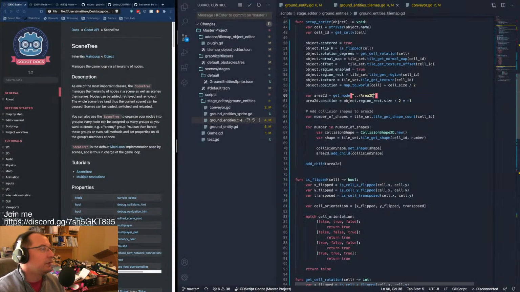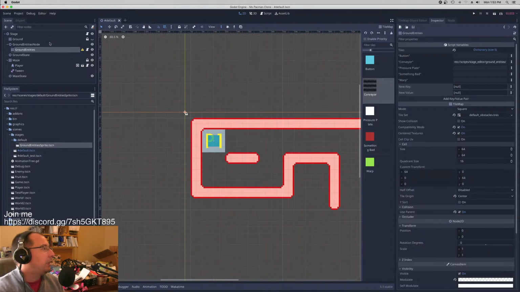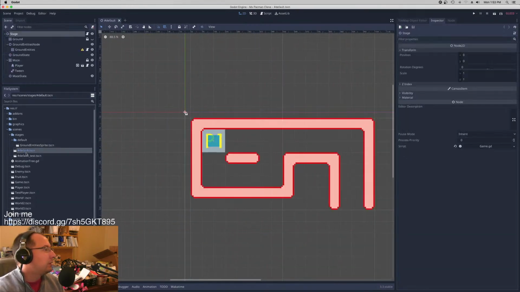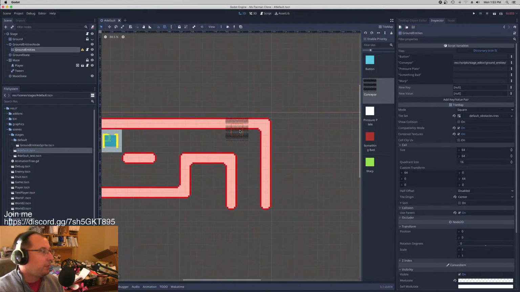And then for the collision shape, it'll be get_node forward slash Area2D forward slash CollisionShape2D. So that should be that. Now we're talking directly to those. Just need to reload the scene so that the script is freshened up. Now if we paint this in,